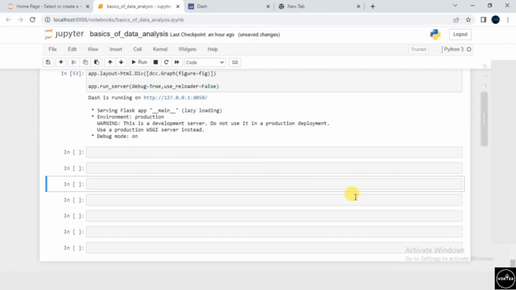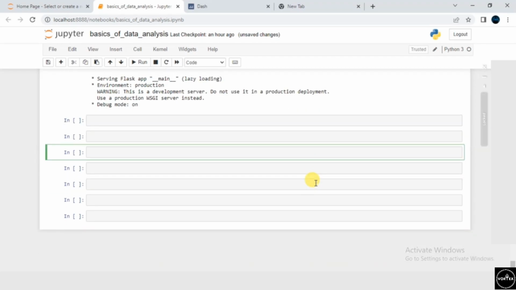Hello all, in the previous session we learned how you can think of leveraging the various distribution plots, which is all about the distribution plot or density plot, box plot and violin plot. So let's try to relate it to the real world. As we are working on the Zomato data, in the context of a distribution plot, let's say I need the distribution of the rating feature. So what I can think of is plotting the density plot